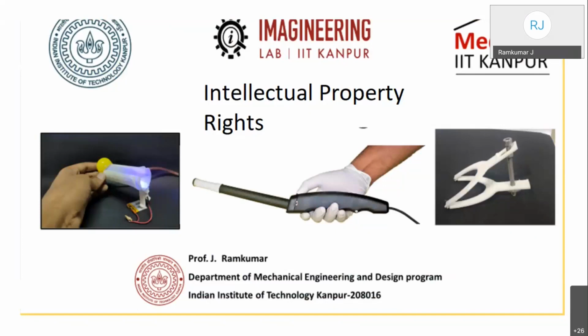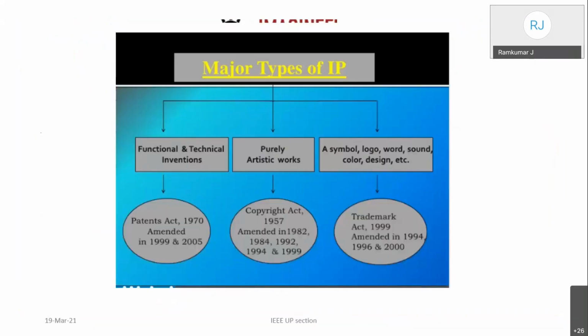What is the difference between intellectual property right and publishing a paper? Publishing a paper, you are trying to tell your peer group that you have enough competence and a new understanding, and you are sharing the knowledge in the public domain. So nobody gives money for it. But when you do an intellectual property right, a patent, people will be ready to give money provided it finds a customer. If you have an idea which is innovative, then we go for patenting.